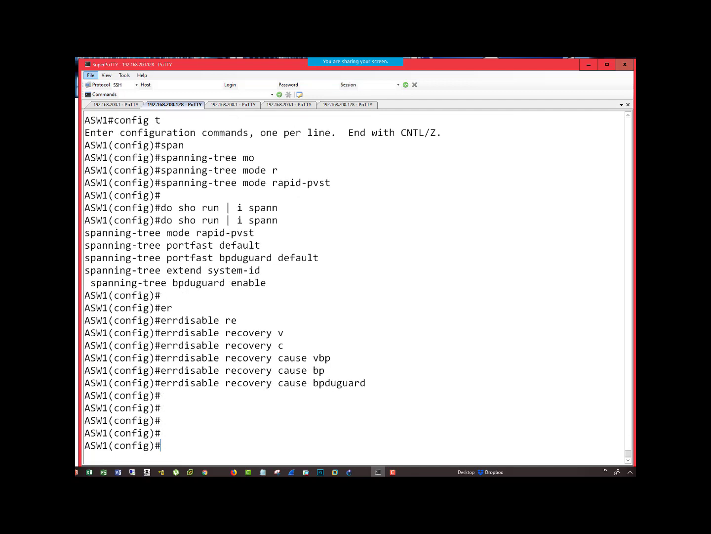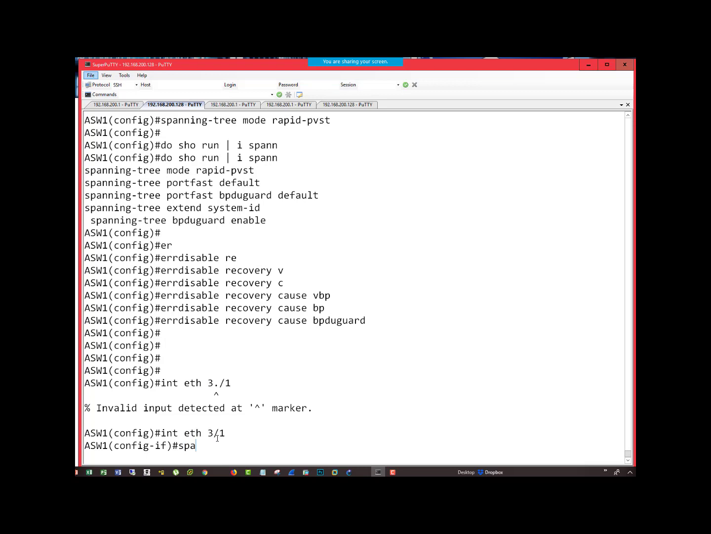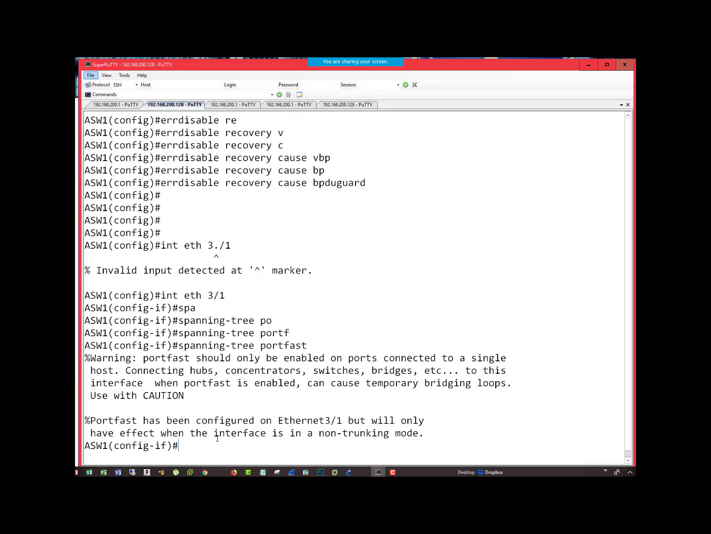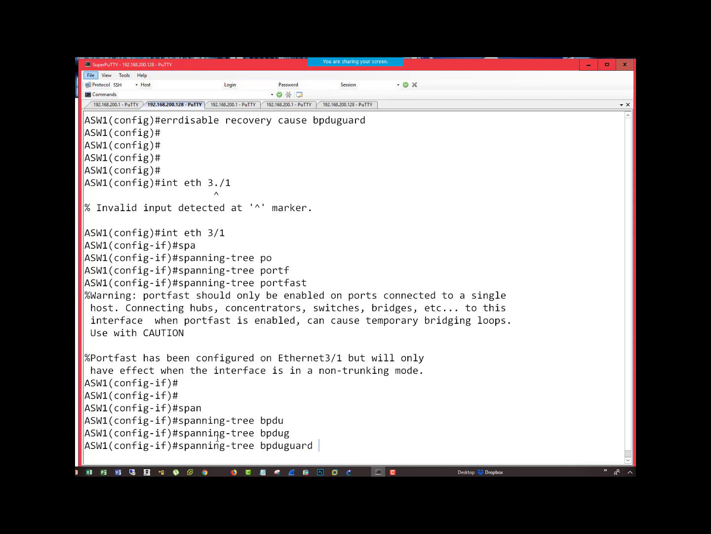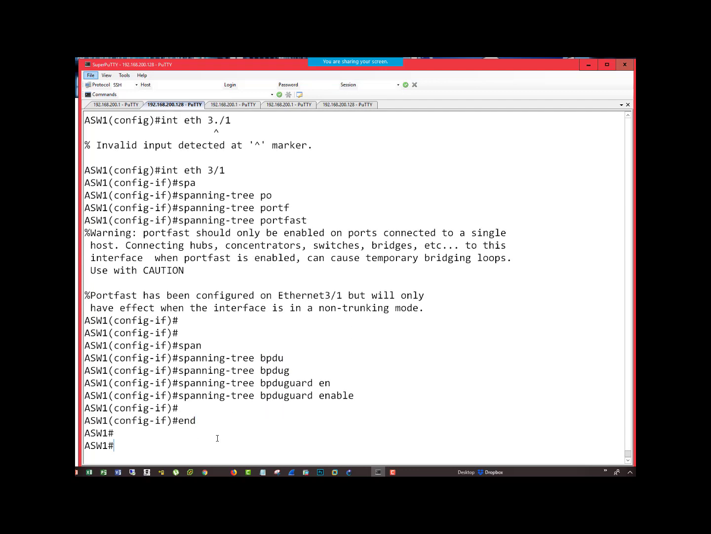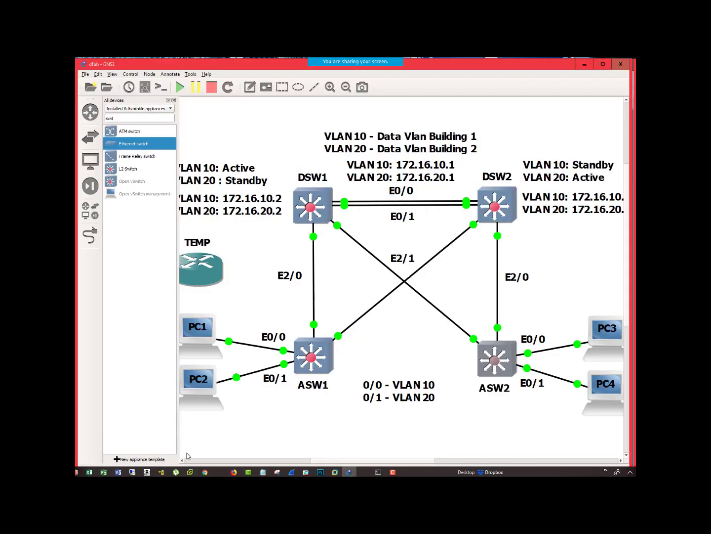Yeah, it still does logging, right? So it will still log, yes. When it trips, it still logs. Yep, it will generate a syslog message. So let's say, for example, interface Ethernet 3.1, spanning tree Portfast, and then I'll do a spanning tree BPDU guard enable. So port 3.1, and now if I go to my topology and I plug something into port 3.1